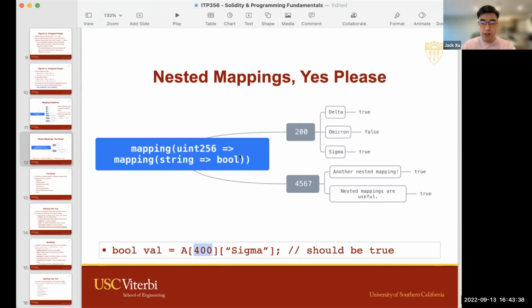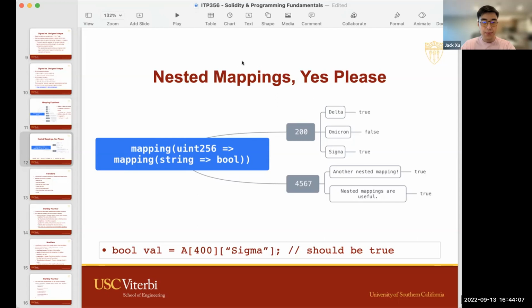So 400 will basically point to an entirely empty mapping. And within the empty mapping, again, all the keys exist. It's just that the values are default values. So the key sigma does exist, but because the mapping wasn't even there to begin with, we're trying to look for the value that corresponds to a key in an empty mapping. So the value will just be the default value, which is false.